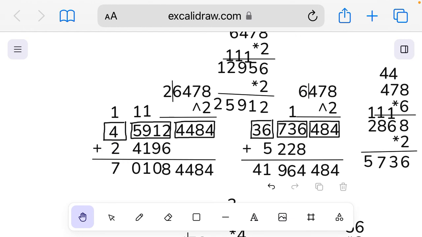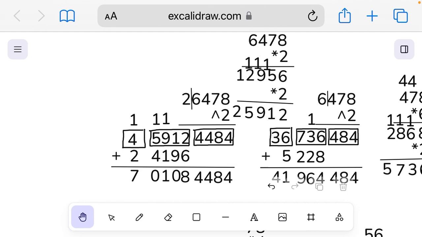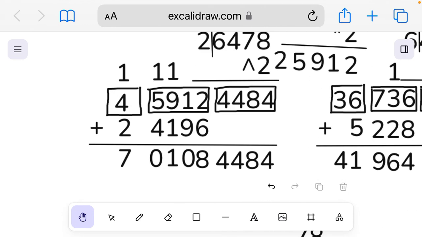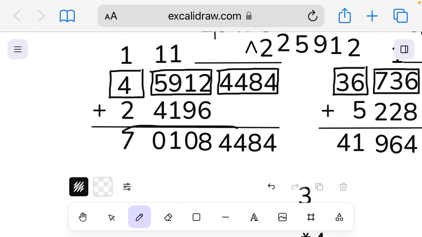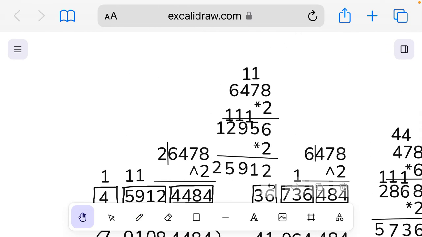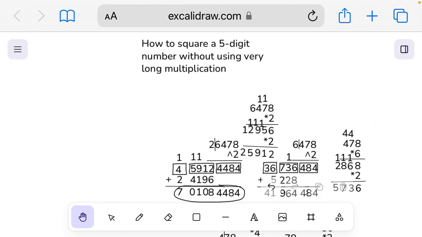701,084,484. So yeah, that's the answer to 26,478 squared. That's the answer right here. So yeah, that's how you can do squaring 5-digit numbers without using very long